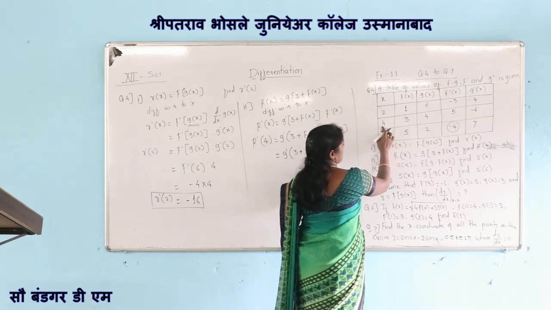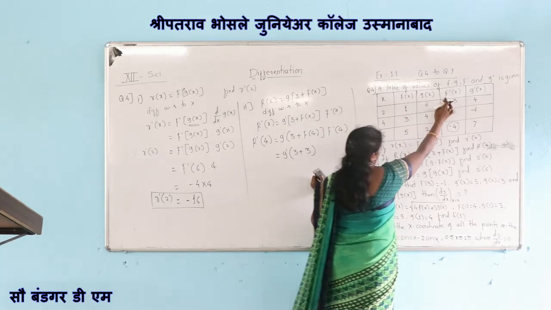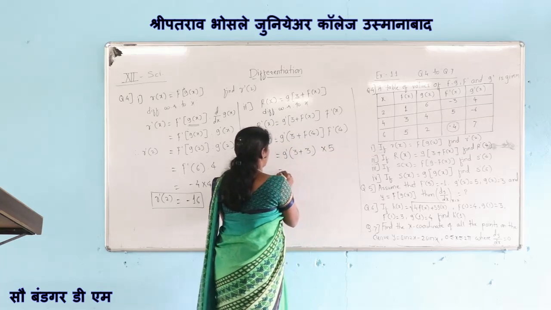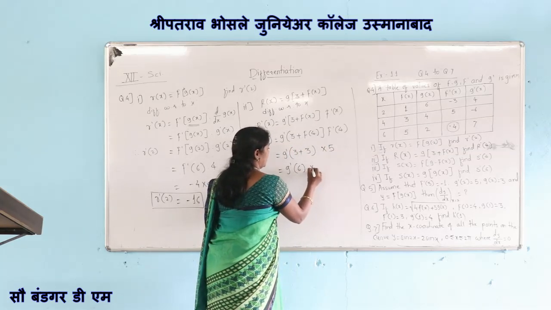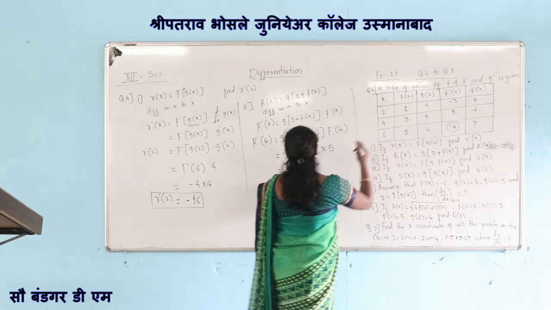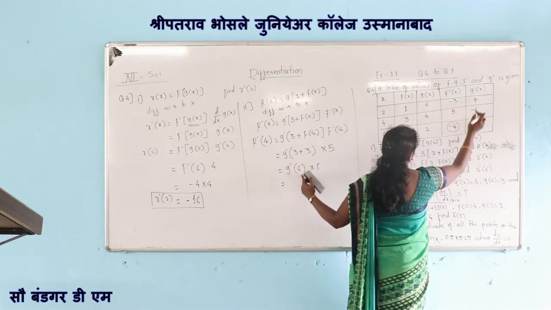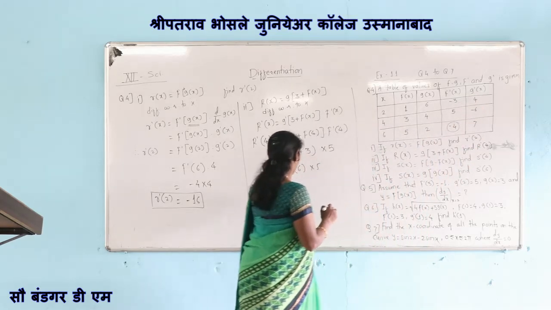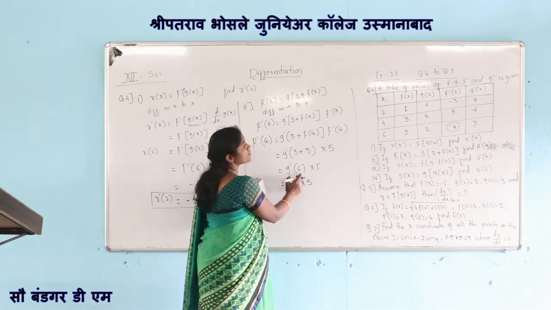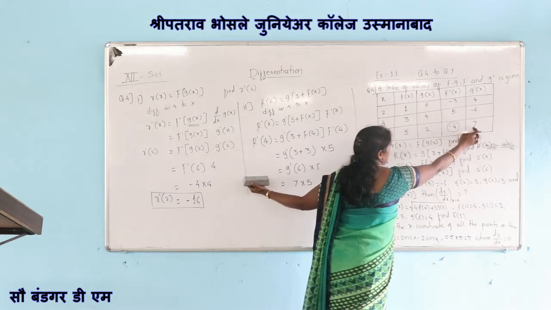Which is equal to g dash of 3 plus f of 4. F of x at x is equal to 4 is 3, so f of 4 is 3. F dash x at x is equal to 4 is 5, so f dash of 4 is 5. Is equal to g dash of 6 into 5. G dash of x at x is equal to 6 is 7. So, 7 into 5. We replace here g dash of 6, which at x is equal to 6 has value 7.